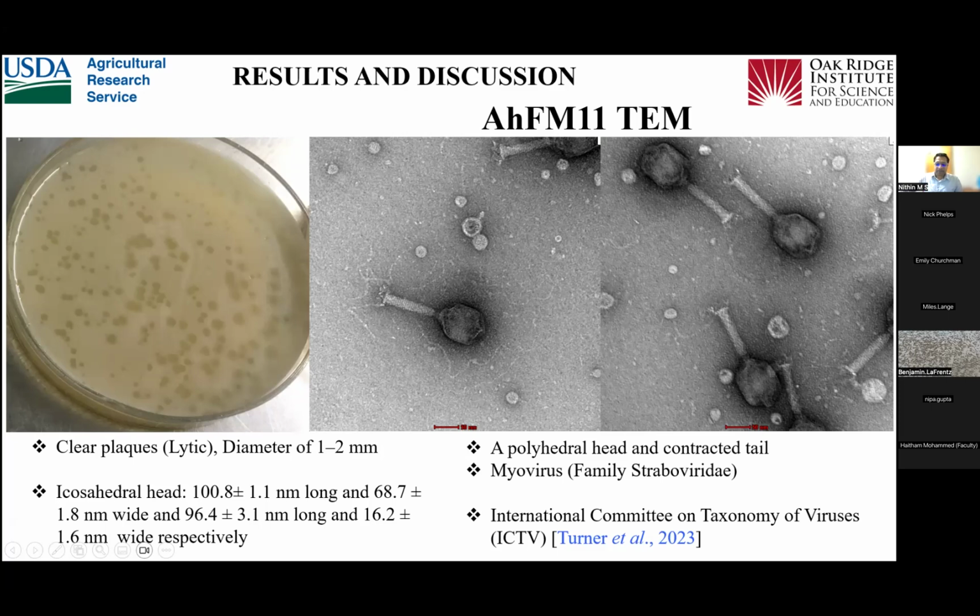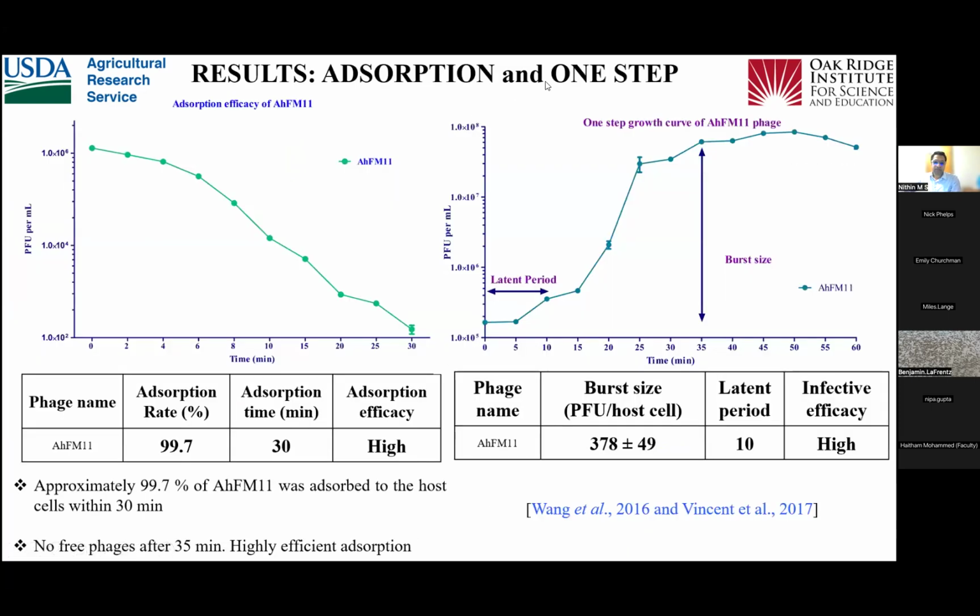Recently, the International Committee on Taxonomy of Viruses abolished the Myoviridae family and classified new groups of families such as Straboviridae. That is also reported in Turner et al. 2023. Coming to adsorption and one-step growth curve, here we can see that the bacteriophages adsorb at a